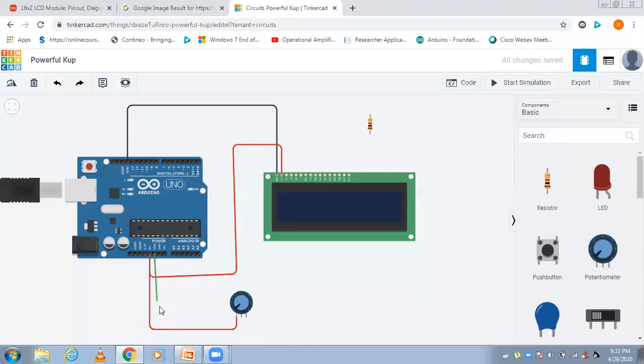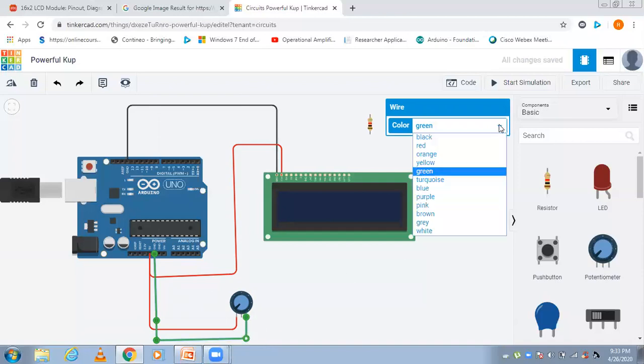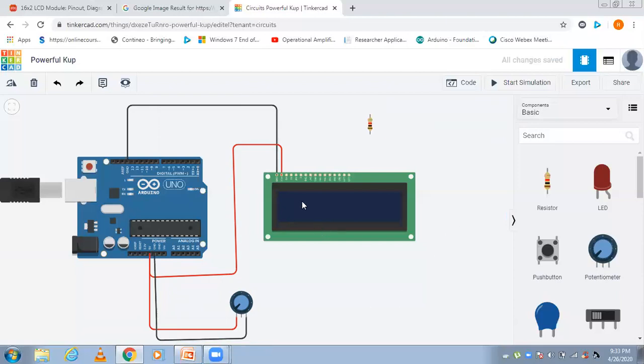Just I will pack here and I will connect this terminal to ground. Now this color I will make black because ground terminal. This third pin, the wiper terminal, will be connected to the contrast.